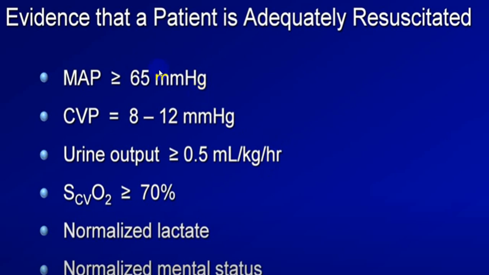And then only, as we have already discussed, if you have reached a mean arterial pressure of more than 70, central venous pressure of 10, urine output of more than 30 ml per hour, approximately 0.5 ml per kilogram per hour, say for 60 kg if we take, oxygen concentration is good, lactate level has been normalized, and mental status is normal, now you know that you have stabilized the patient. Now you can start de-escalation and switch over to maintenance fluid, etc.